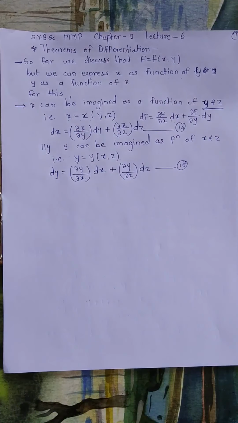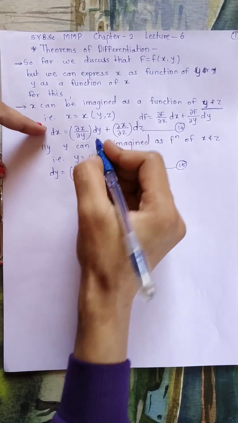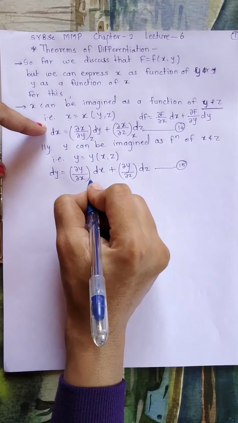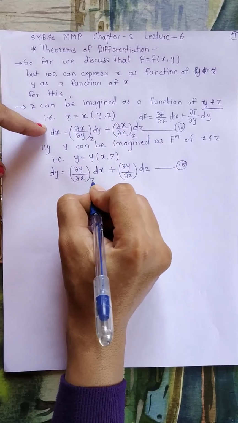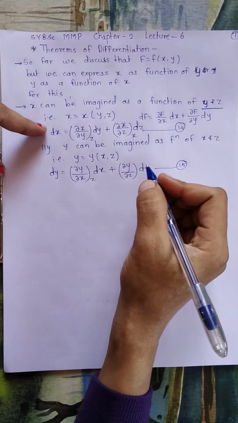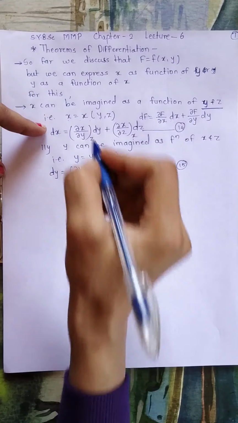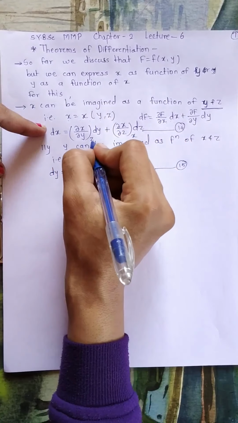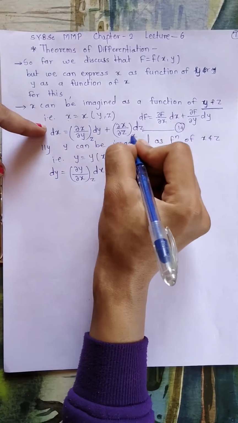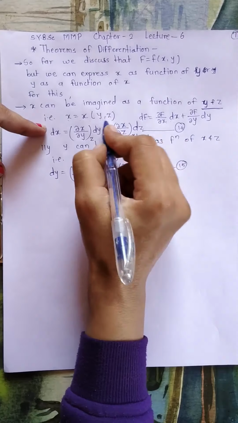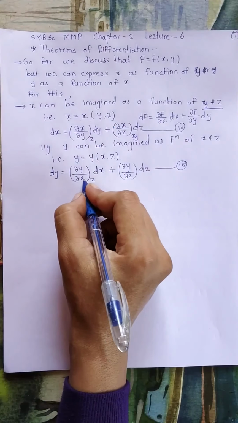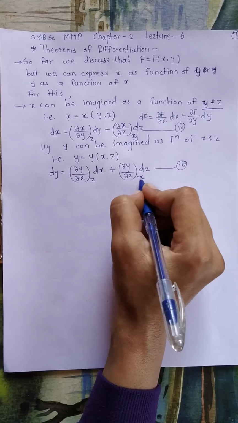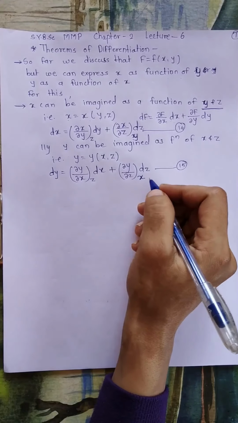In this case, here z is constant and here x is constant. Here again z is constant and y is variable. Here z is varying and y is constant, because x is a function of y and z. Here x is changing and z is constant, and again here we take the derivative with respect to z, keeping x constant.